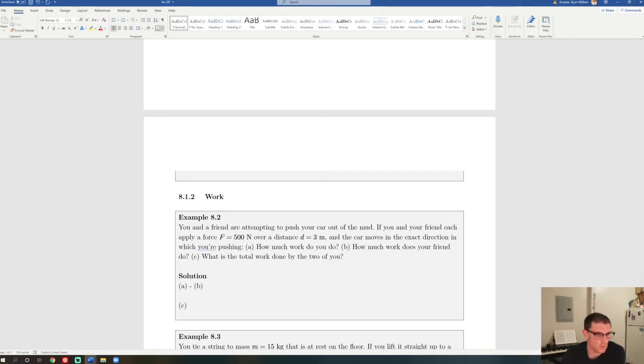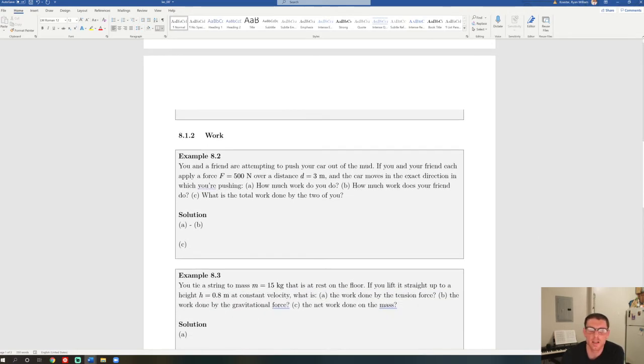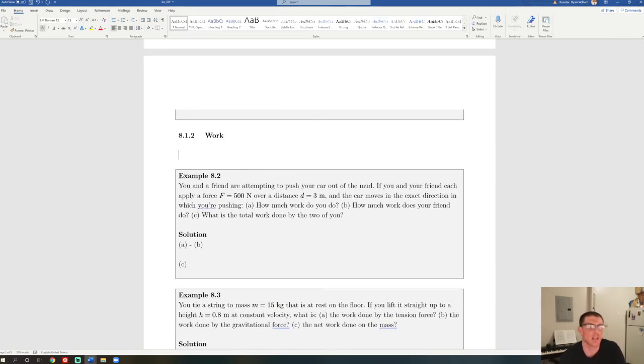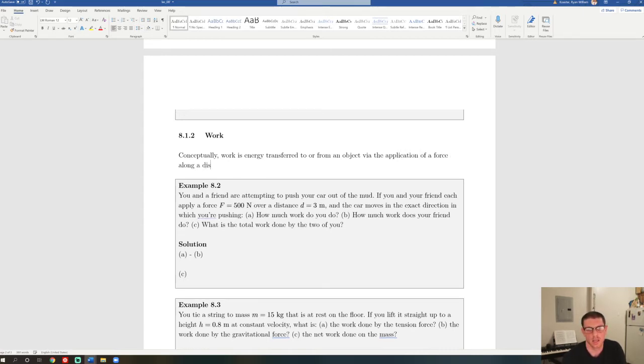Okay, so let's talk about work then, and this will be a little more involved because I feel that I have to show you a few different ways of writing this quantity that we call work. But let's talk about what it is conceptually first. So conceptually, work is energy transferred to or from an object via the application of a force along a displacement. So the most general definition of work,